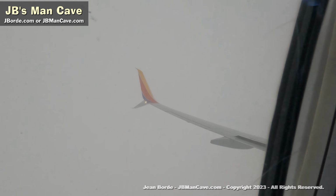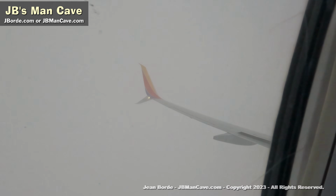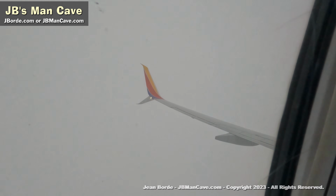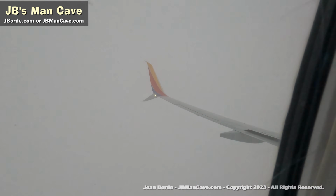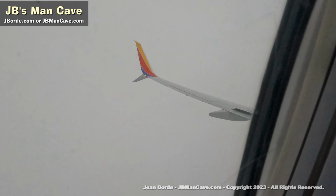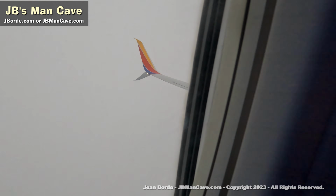So it's quite cloudy. The hum of the plane is going, and the anticipation of reaching your destination is always something that you look forward to. Sometimes in moments like this, it could be a time for reflection, remembering the day, remembering your family, remembering things that you have to do, things that you want to accomplish, or simply letting your mind free and wander